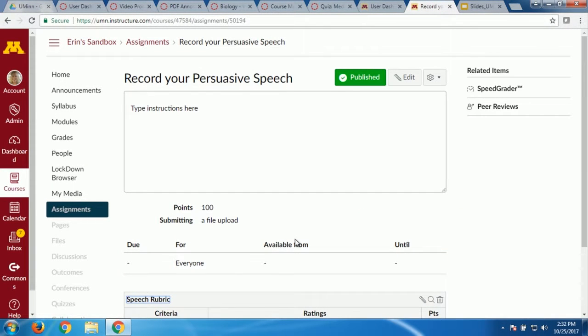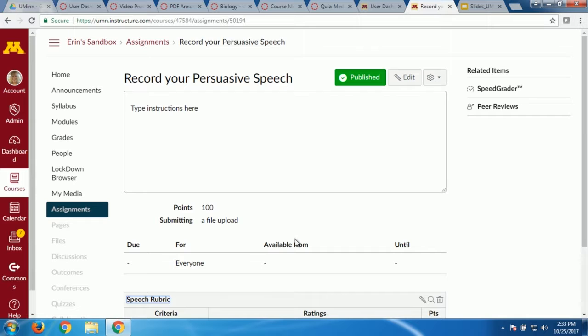So I just want to make sure I tell you, once you turn an assignment into something that's not Canvas, Turnitin, Google, you lose the ability to add all those features like rubrics and peer reviews and all of that. So if you want to do any of those things, make sure you do that first, save it, then go back and add it as that third-party type of assignment. Just a workaround, because once you turn it into that assignment, Canvas has no control over it anymore. It's just working with the third party. So that's why that's kind of an issue. It's important to know. Yes?